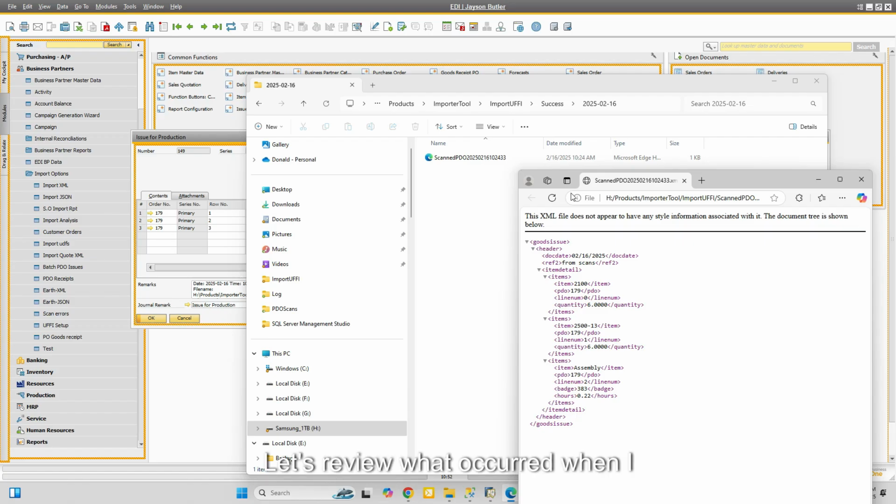Let's review what occurred when I saved that last scan and closed out the transaction. First thing it did, in this import UFFI directory, it created a scanned PDO file with an extension. It's an XML file, which basically says, here's what I'm doing. It's from the scans program. I got part 2100, line 0, quantity of 6,